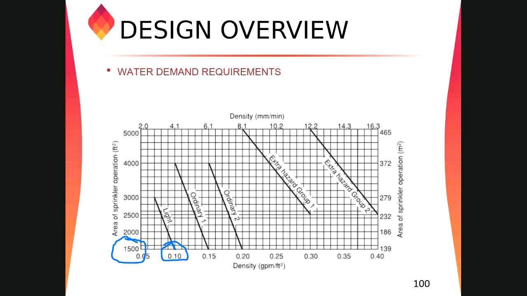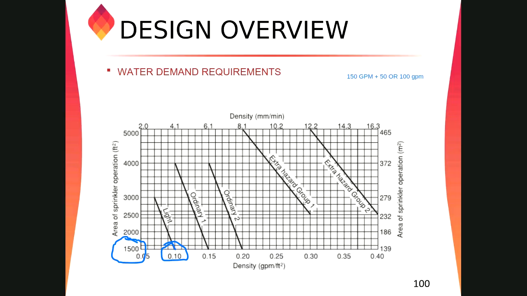Yes. Plus how much? Plus 50 or 100 GPM for hose allowances, fire hose allowance, right? Because when the sprinkler is operating and the fire department team comes and also starts using the fire hose cabinet, the flow and pressure will be divided, and neither the sprinkler system will work properly nor the fire hose system will work. So we have to give those allowances.